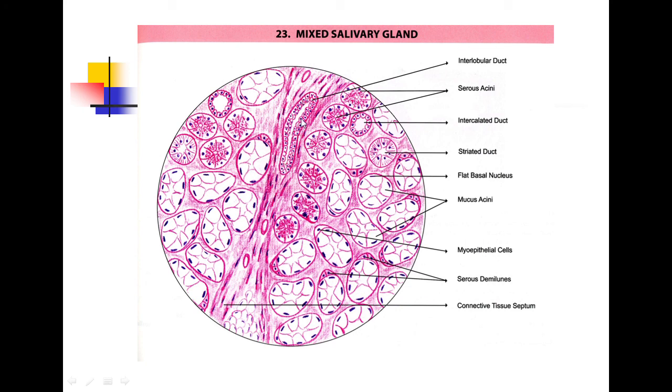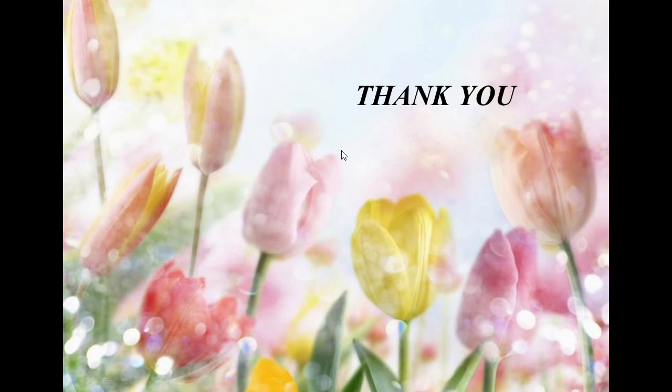So there are 3 slides for practicals, that is the serous salivary gland. Example is parotid gland. Then there is a mucous salivary gland. Example is sublingual gland. And mixed salivary gland. Example is submandibular gland. So all of you draw the diagrams which I have shown to you and read from the textbook.